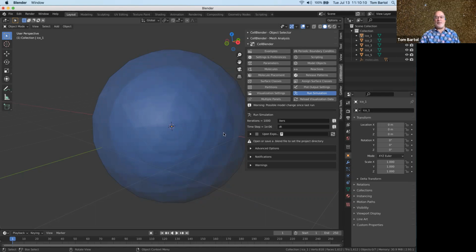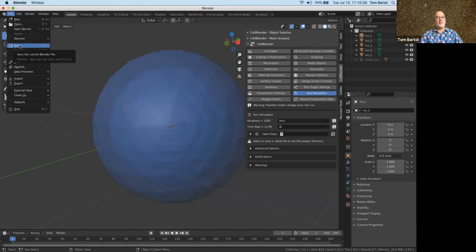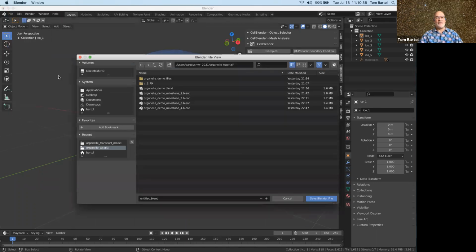And in order to do that, we first have to have a blend file, and this is a brand new one. It hasn't been saved. It doesn't know where it lives on the file system because it doesn't live anywhere in the file system. I have to save it, right? So the first thing you do is you go to File, Save, or Save As. But since it's the first time I'm saving it, those are going to be the same thing. I'm going to go to File, Save, and I'm going to navigate to a directory where I want to store it. And I've already made a directory on my system called